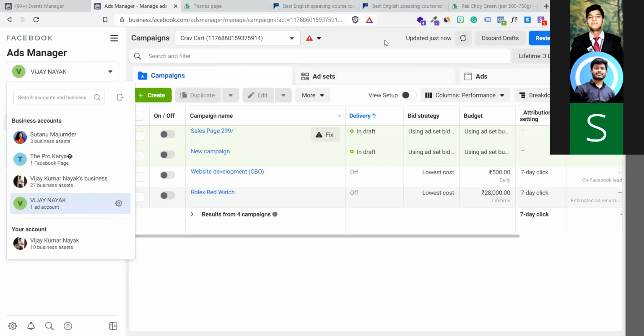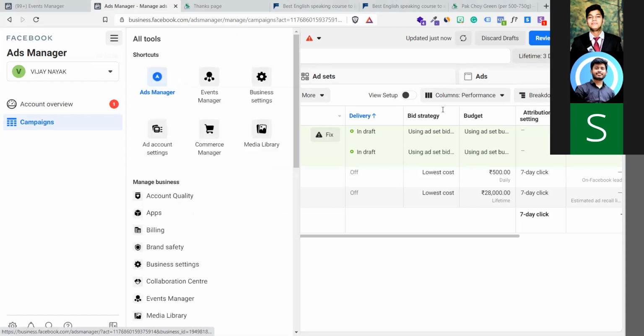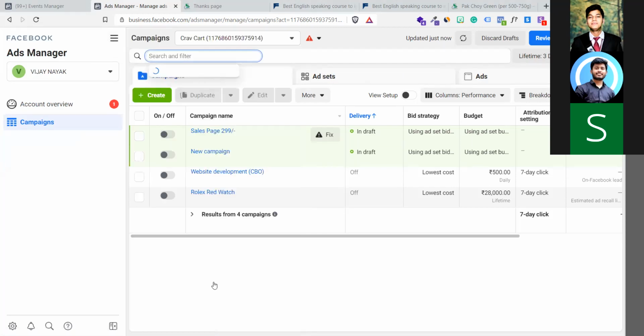Okay, the beauty of Business Manager is you can take access to others' ad managers. They create their own ad manager. Suppose Vishnu creates an ad manager to handle Vishnu's ads. I will say, share your access to my account, so I will just do the managing. All the amount will be paid by Vishnu. Do we get charged for using Business Manager? No, it's free of cost. Okay.